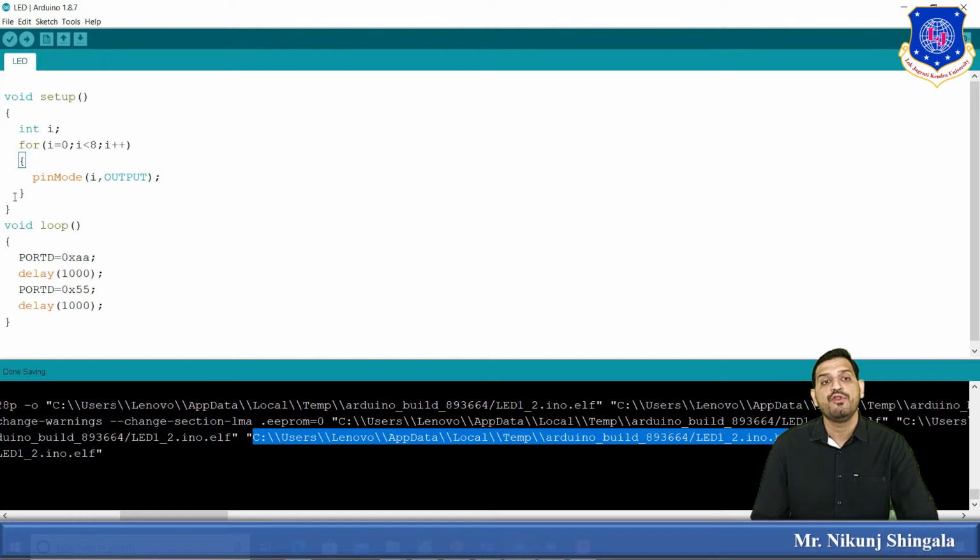And in that for loop bracket, I have written the function pinMode, which is basically used to define whether this pin is working as an input pin or an output pin. pinMode(i, OUTPUT). So every pin will be considered as an output pin. First I will be 0, so 0 will be an output pin, then it will be incremented by 1, so 1 will also become output, 2 will also become output, 7 will also become output. So pins 0 to 7, that is the data pins, will become output pins.